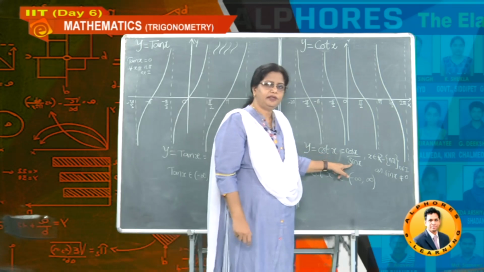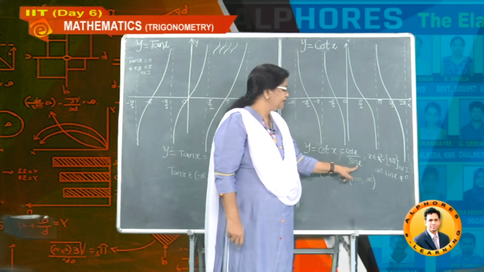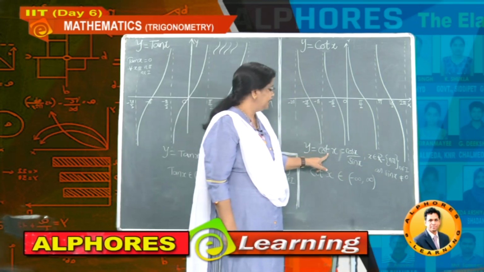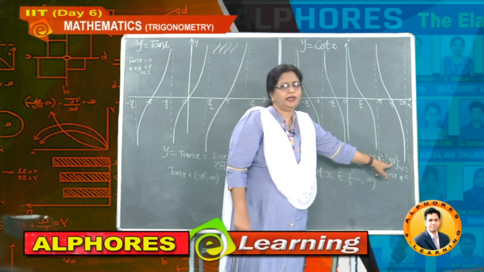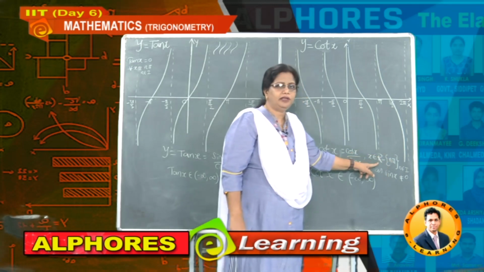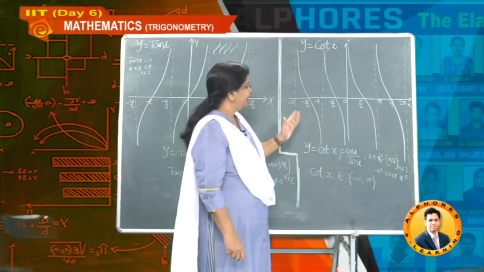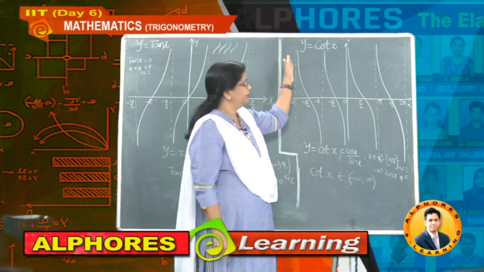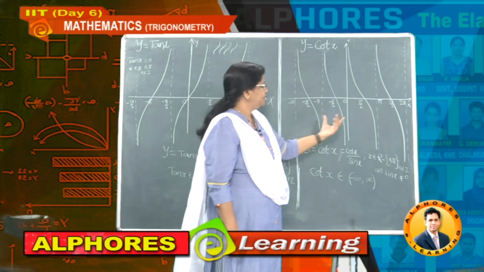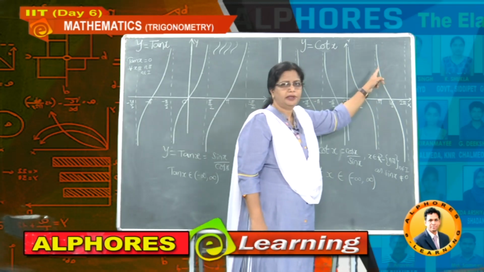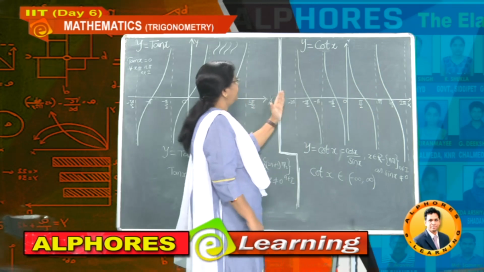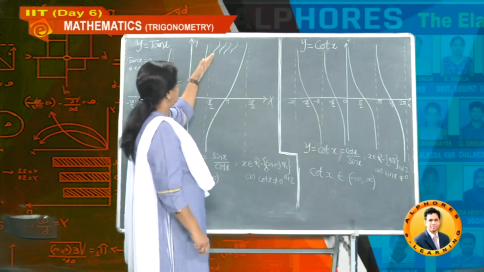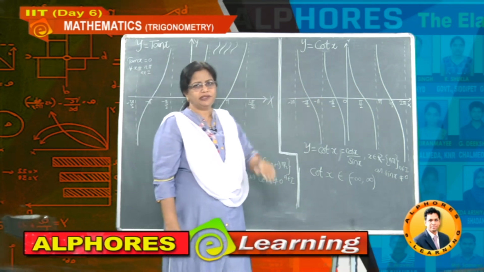Similarly, have a glance at cot also. How is the denominator, you observe? It is sin x. This sin x value should not equal 0, then only you can define cot x. So when is sin x 0? For all x belonging to n pi. Therefore, you have to take all the real numbers excluding n pi. So at values 0, pi, 2 pi, 3 pi, minus 2 pi, you have to draw vertical lines. And between two vertical lines, this is the graph. Understand? So students, you can observe this tan x and cot x graph simply just like two dancing dolls. One is dancing this side, the other is dancing this side clearly.